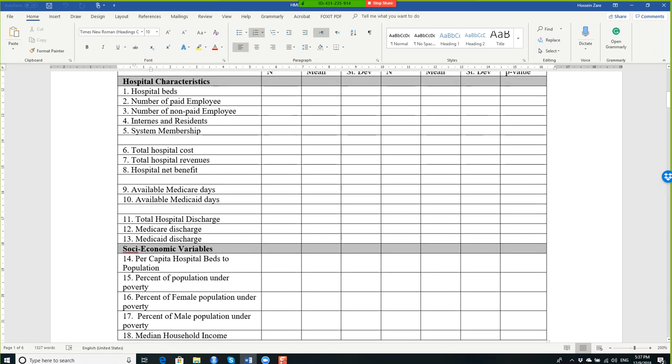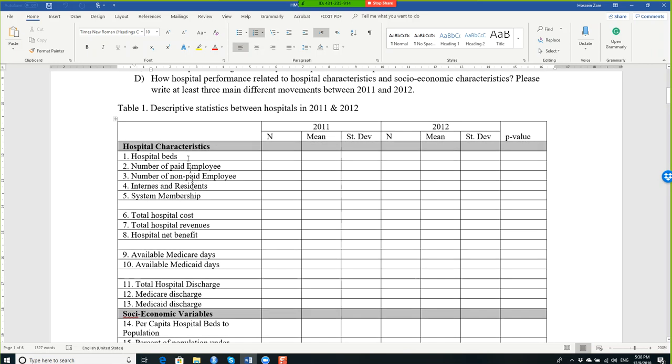If you look at the p-value and there are no significant differences in the hospital variables, but you have one or two significant differences in the socio-economic variables, you can say the differences between 2011 and 2012 are due to socio-economic factors, and vice versa. Or if there is nothing in the socio-economic variables and you have some significant variables here, you